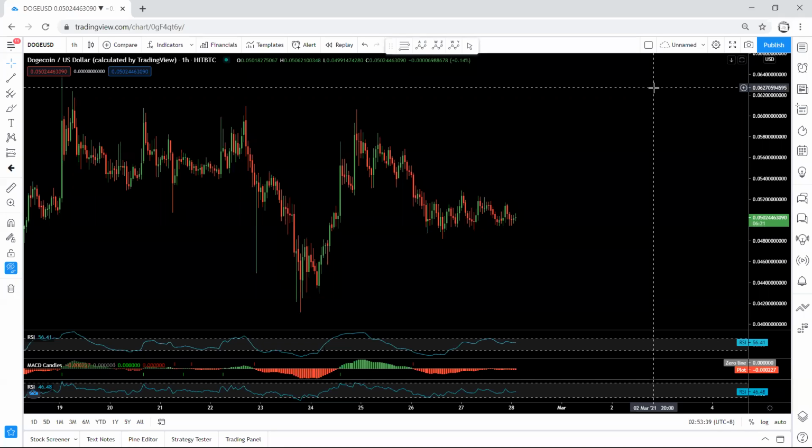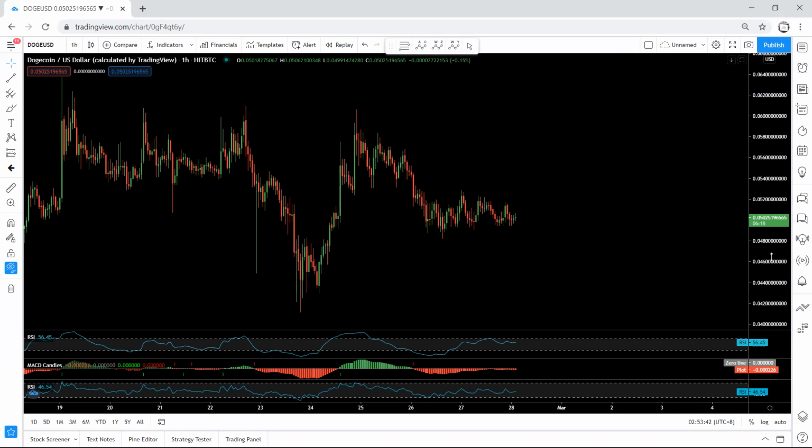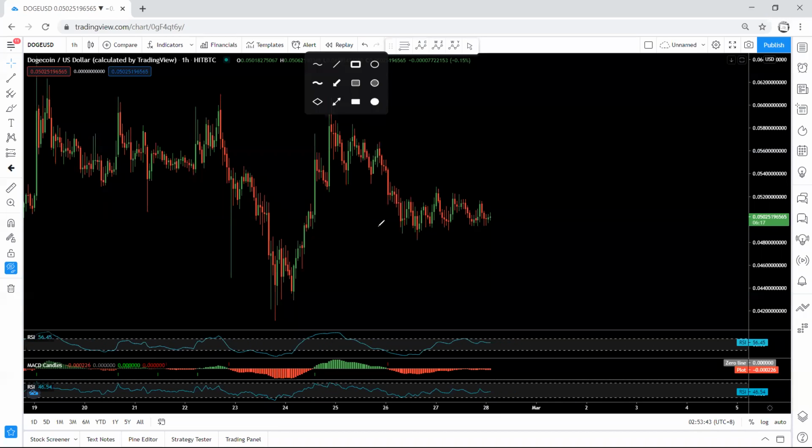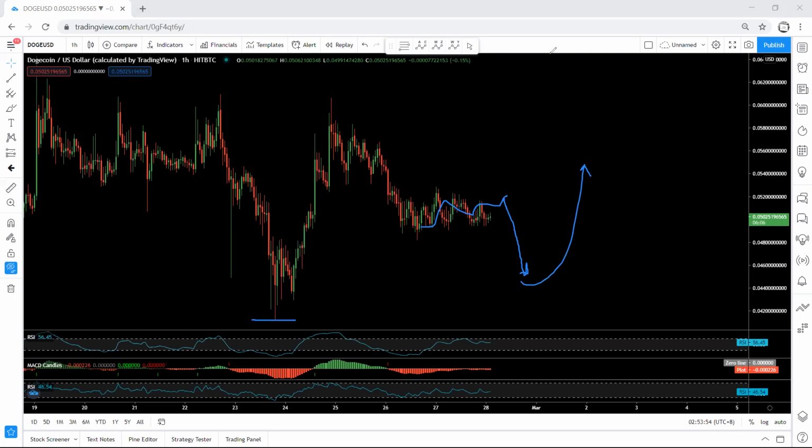Now we start with the 1 hour chart. If you refer to my last analysis, we mentioned we have this kind of move. We will be more interested if the price drops, then any reversal. Then from there we look for a buy, whether it breaks this low or not. And we mentioned that there is still a possibility that we get one move up, the price tags this